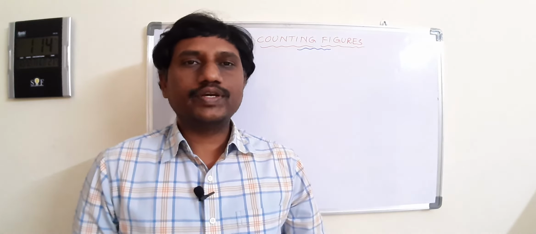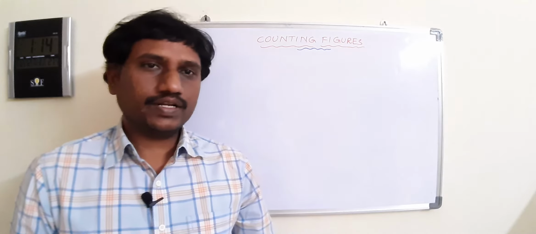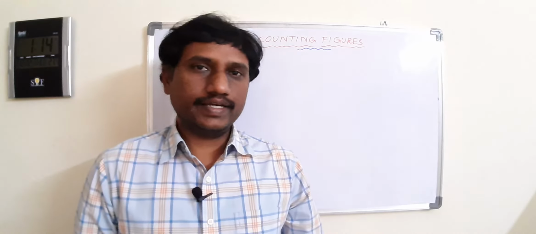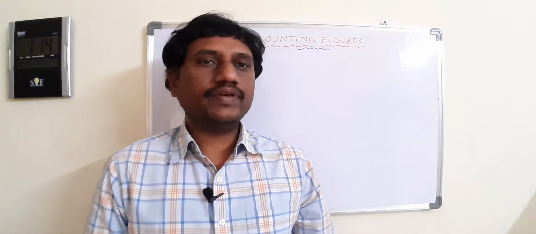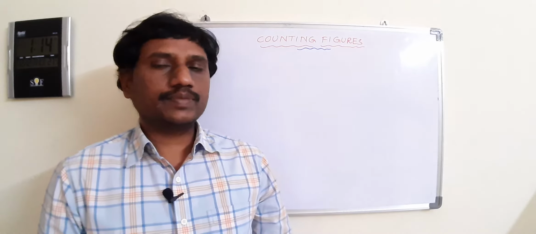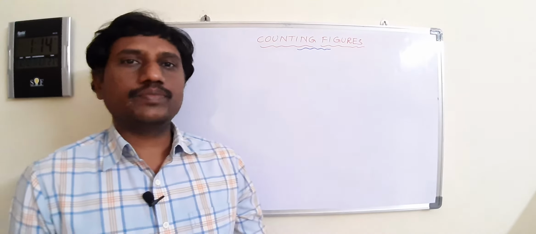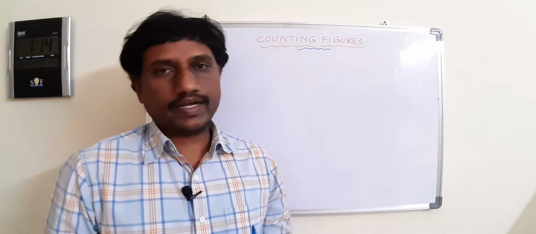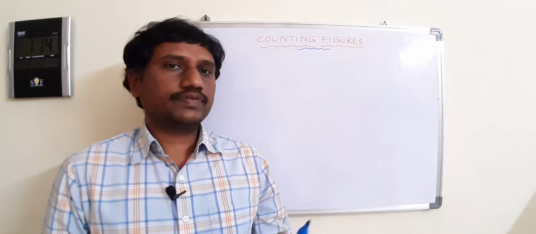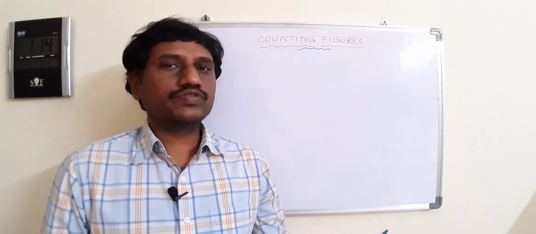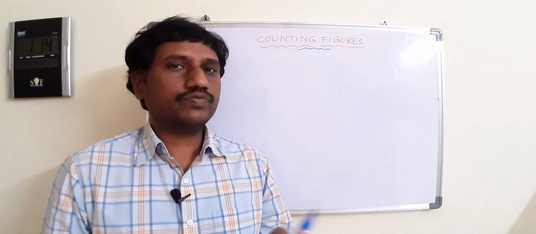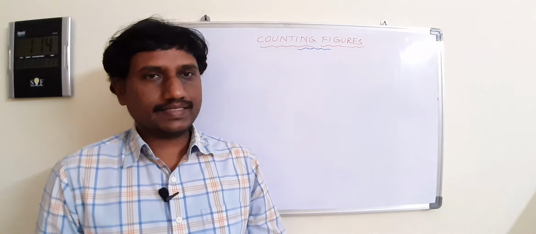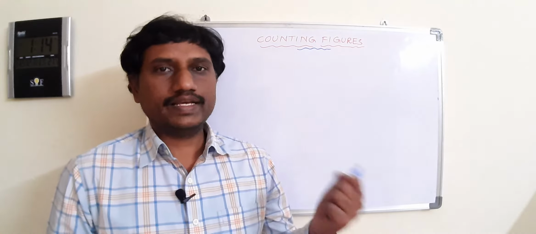Hi all of you, now we are going to discuss the next model of finding the number of triangles. In the previous session we discussed some models. Now we'll see another model of counting the number of triangles. In triangles, for finding the number of triangles we have so many variations compared to finding the number of squares and rectangles. Now we'll see the next model.